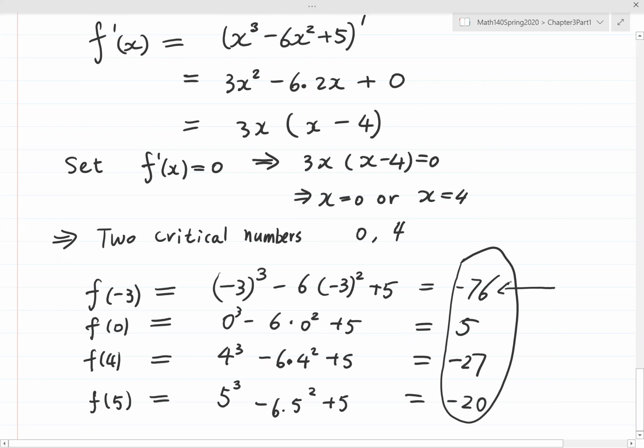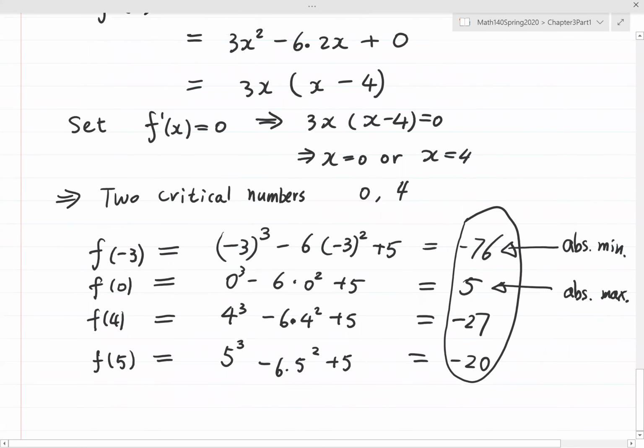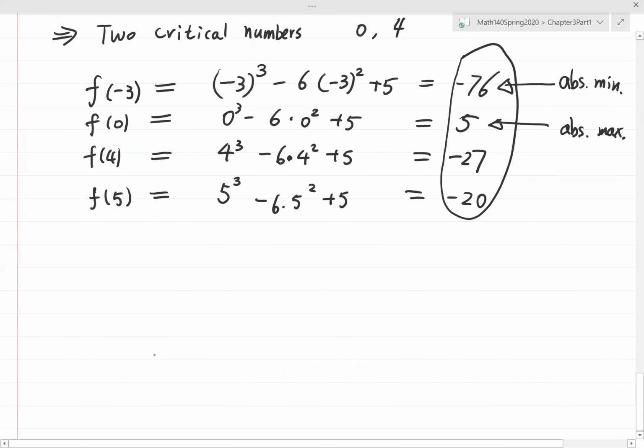So you see -76 gives us absolute minimum. And the value 5 gives us absolute maximum. Okay, maximum. So finally we can conclude that f(x) attains